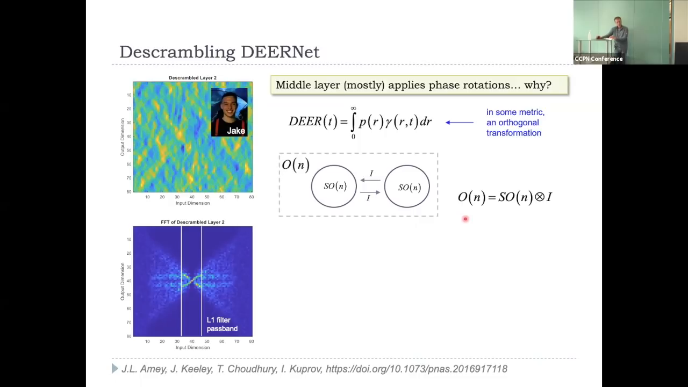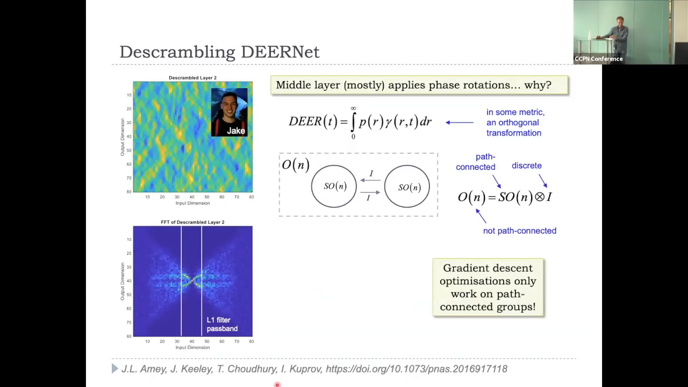But neural network training is a continuous optimization process. It cannot jump across discrete disconnects like that. So ON, the full orthogonal group, is SON Kronecker inversion. What the network appears to be doing here is phase rotations. And as far as we can tell, you see, the orthogonal group is not path connected because it has a discrete